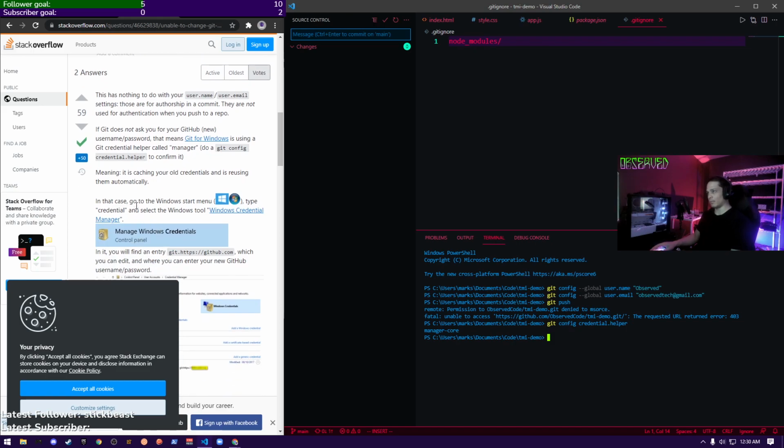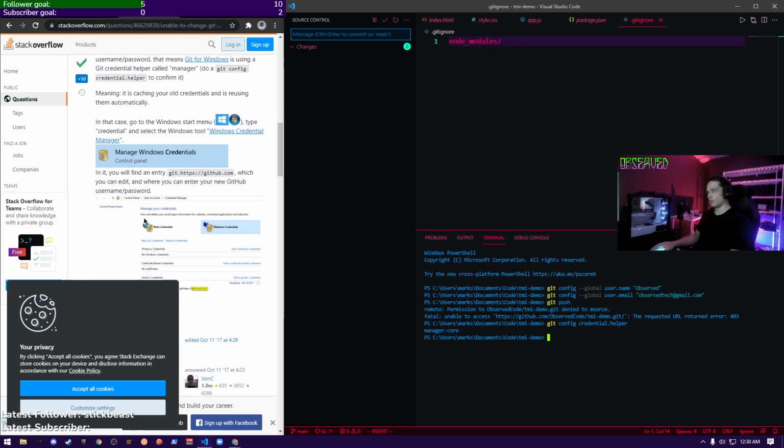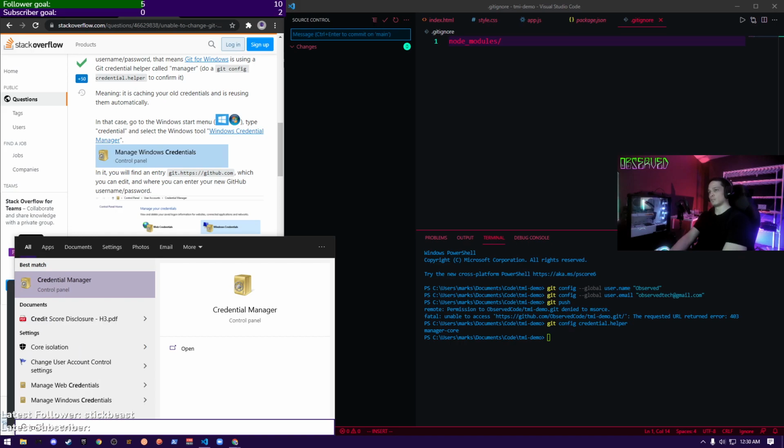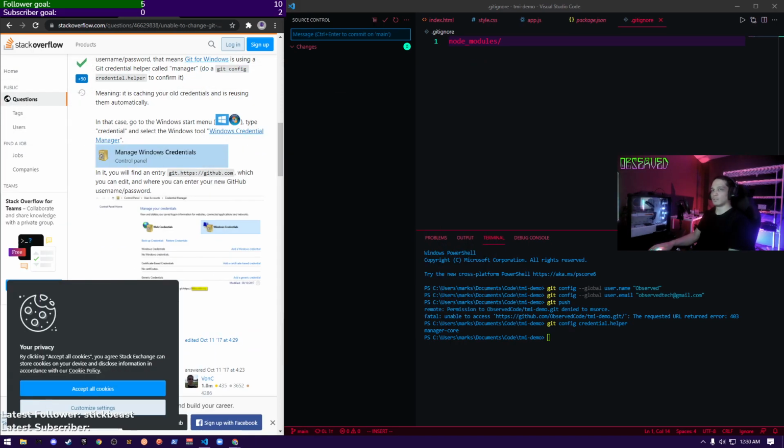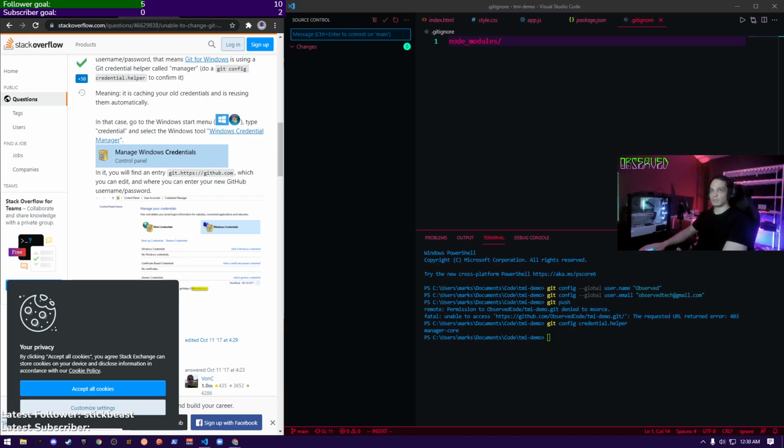Go to the Windows credentials settings. Oh man, is that even safe to open on here? Let's just open it over here. Okay, edit that one. No, can you guys see my passwords?